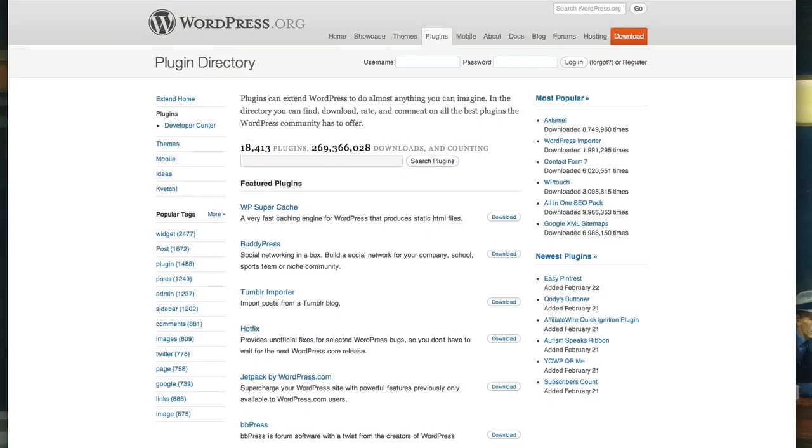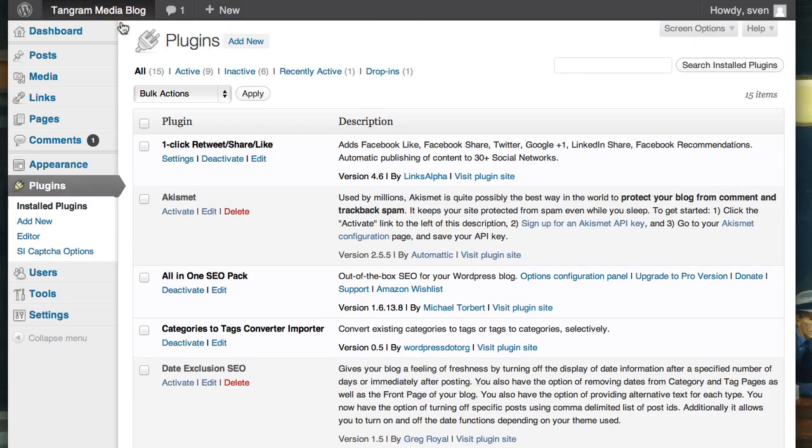Next section of the WordPress tutorial. Today we're going to talk about plugins. Plugins are a very useful set of tools for the WordPress blog engine. So if we look at our blog here that we've been looking at all the time in the back end,